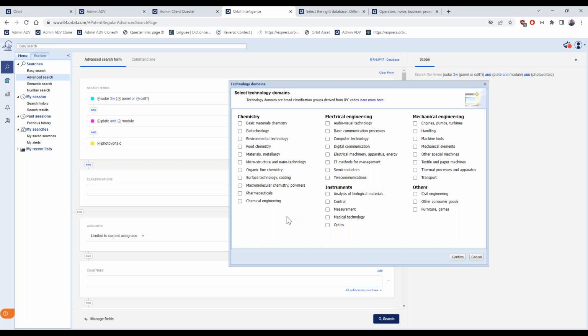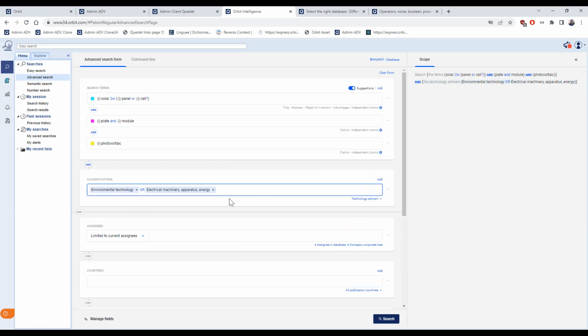And as a technology domain, I would maybe pick environmental technology. Electrical machinery, apparatus, energy. Okay, I would probably pick this too. Confirm. They are automatically added in my search form and in the scope. And I can run the search.